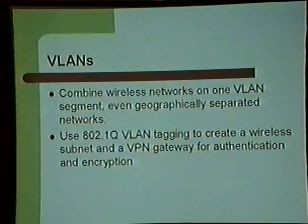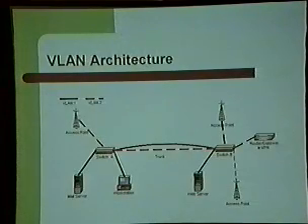So using VLANs, what this does, you can combine all your wireless access points into one network on a VLAN using the 802.1q VLAN tagging. And then adding a VPN gateway for authentication and encryption between that. So here's a sample architecture. You have the VLAN 2, the red dotted line, which is all the access points, and the one router gateway, which can control access to all the other subnets, all the other networks. And as a user roams from access point to access point, they do not have to re-authenticate themselves because everything's controlled by the one gateway.